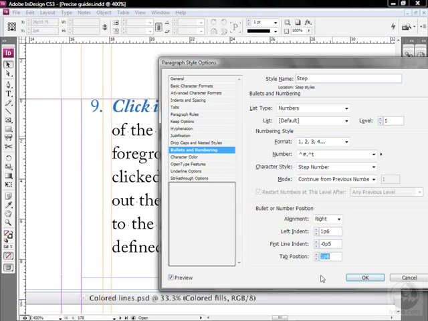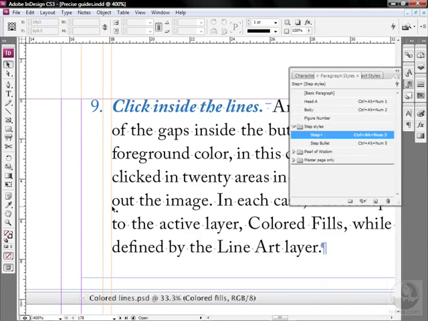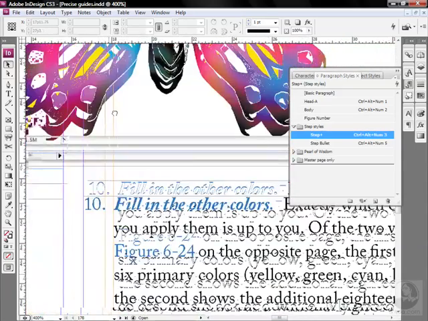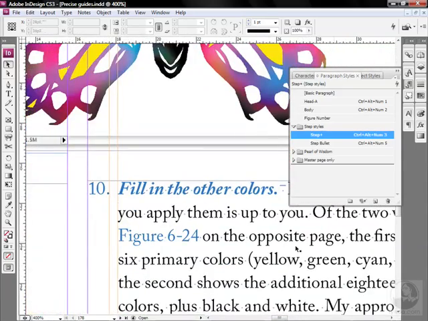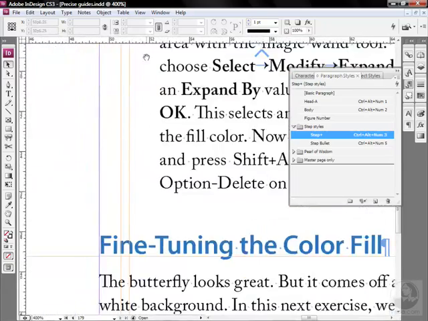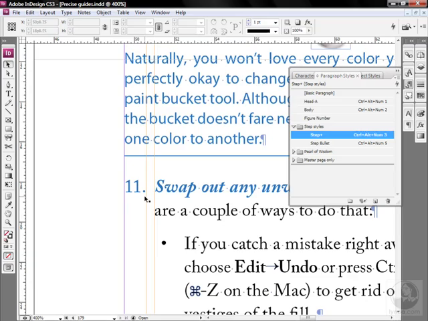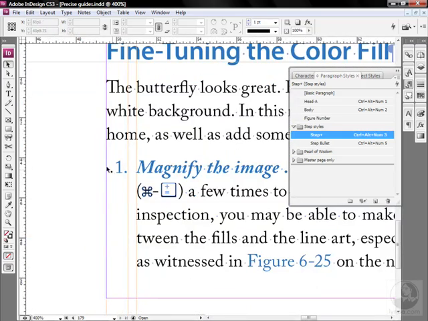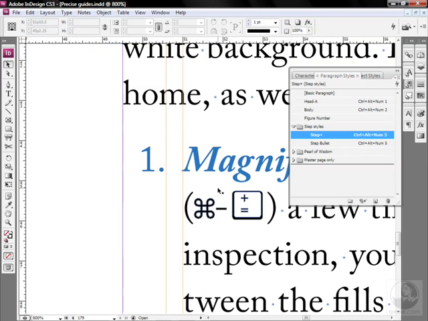If you have any doubt about that, go ahead and click on the OK button. And let's go ahead and move down into this section, there's the 10 properly aligned as well. If we move over to this location here, then let me scroll up a little bit. The 11 appears to be aligned properly, and I'll move down to the 1, and it appears to be aligned properly too. If you have any concerns whatsoever, I'm going to zoom in because, like, if you're more fastidious than me,